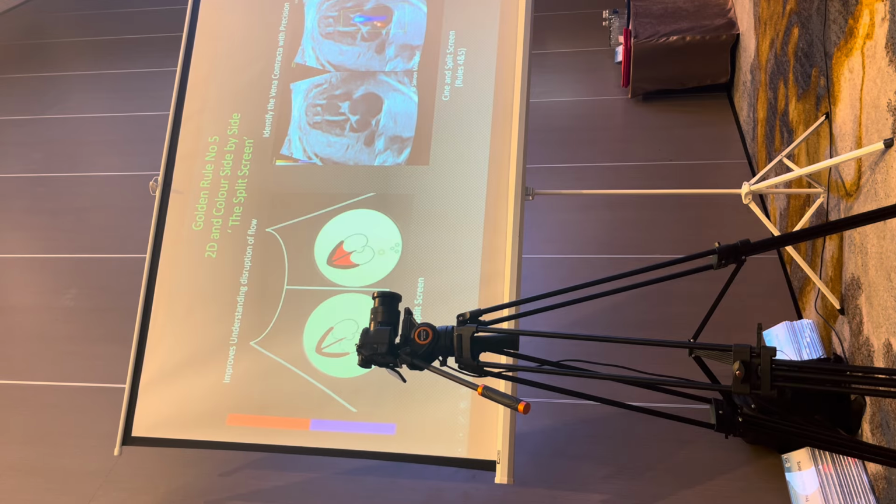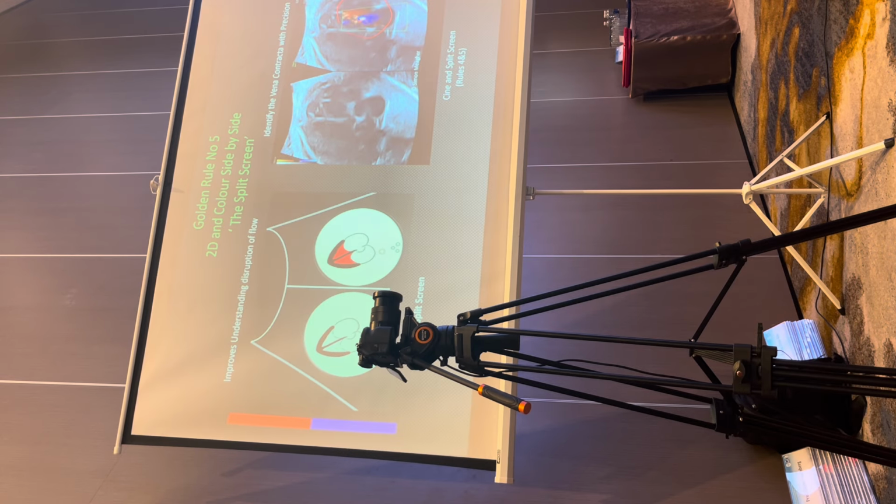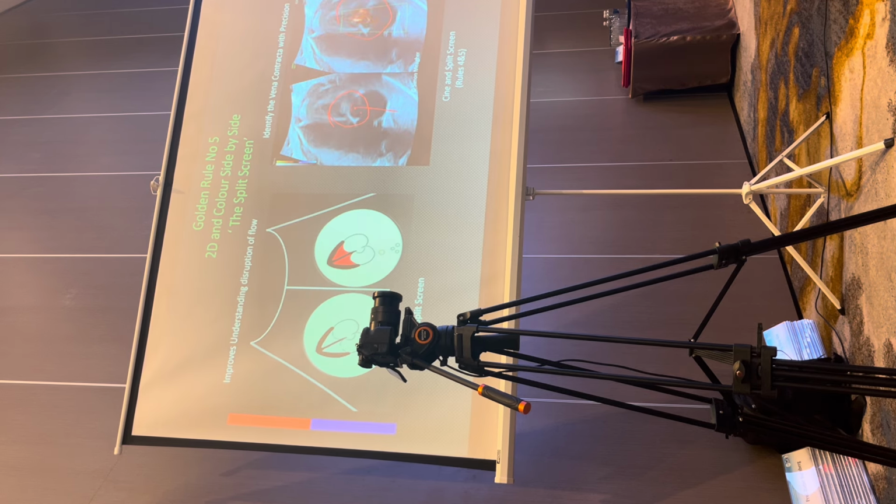Golden rule number 5. When you're imaging the heart, it's a very good idea to image with both 2D and color side by side. The advantage of that is when color is on, it's sometimes very hard to see where the regurgitant jet starts. Is it at the level of the AV valves, or is it deep inside the ventricle? But I can look on 2D at the same time and look at color and appreciate that the valves are thickened and dysplastic. I use my cine loop rule number 4, I slow it down, and I can demonstrate both 2D and color at the same time.